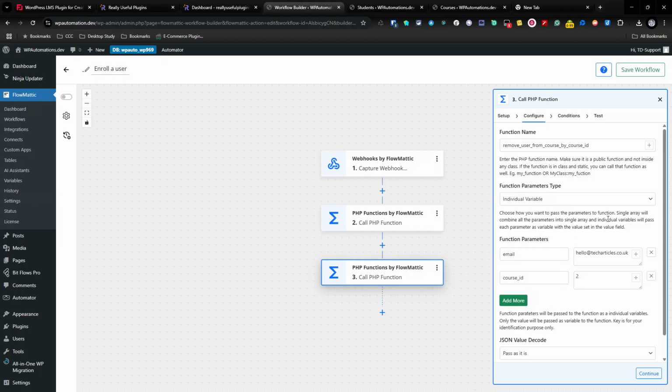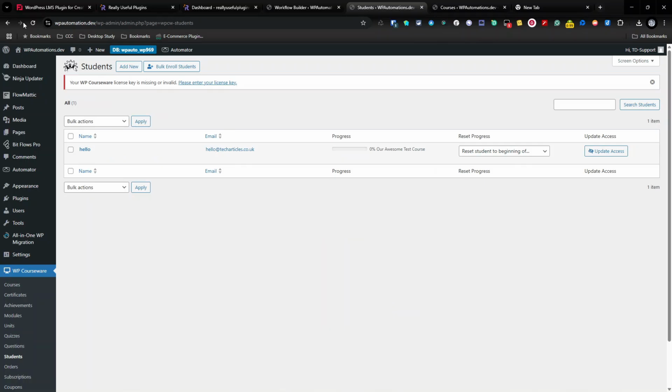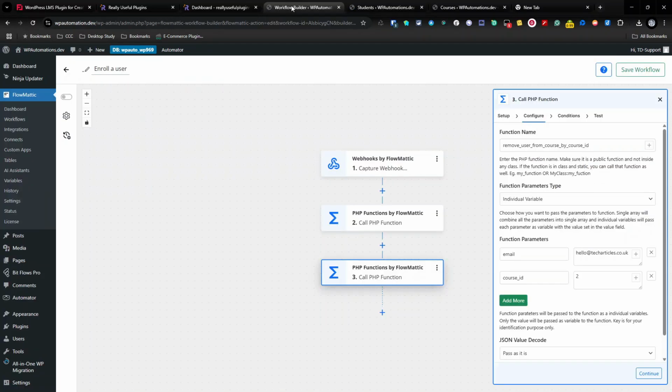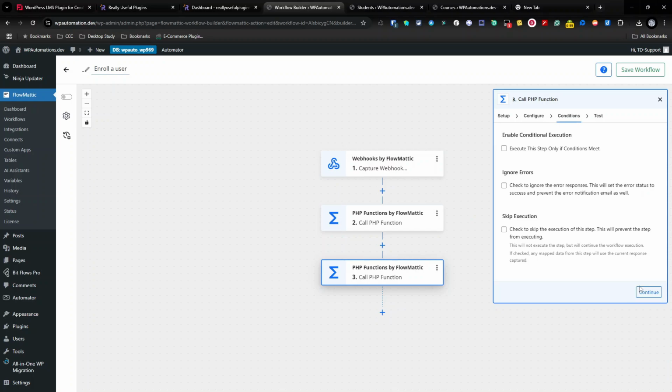Now, in this case, it will not delete the user, because in most cases you want to keep users because they might have other purchases. They might need to be able to log in and see. There might be reasons you want to keep that user, but we don't want them to have access to that course anymore, and that's the important part here. So we're going to remove user from course by course ID, and we're going to remove hello@techarticles. Now, if we refresh our student page, we are still enrolled and ready to go. But if we were to test this function,